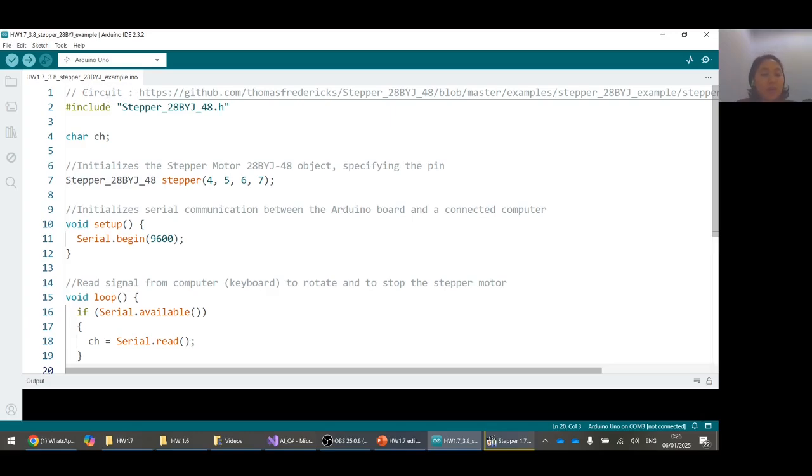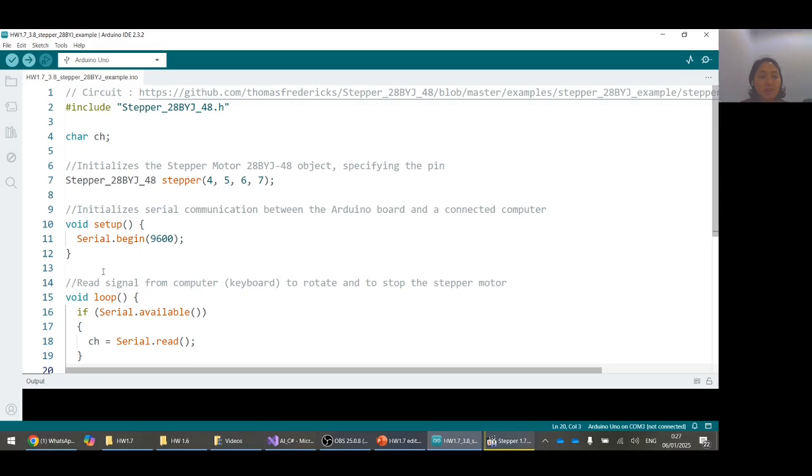I use the reference from this website. This is the library that I use, and this is for declaration. This is the declaration for knowing the character that is used from the keyboard, and this is to initialize the stepper motor 28BYJ-48 object, specifying the pin.